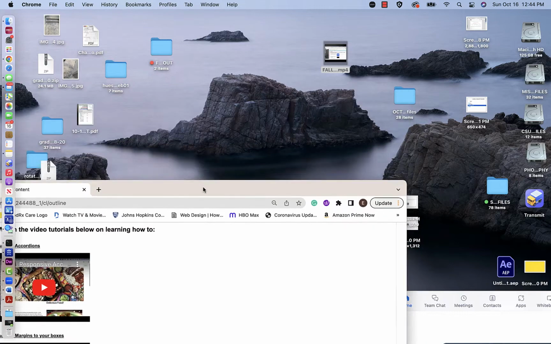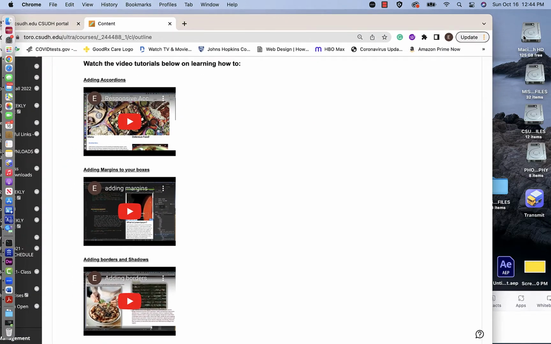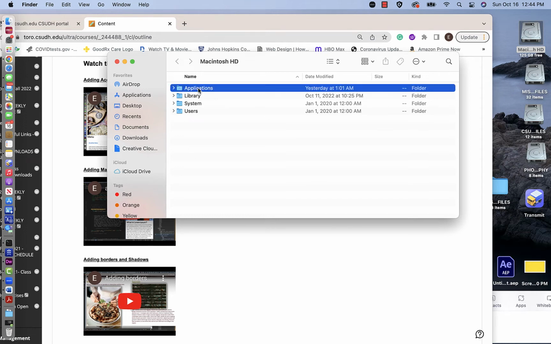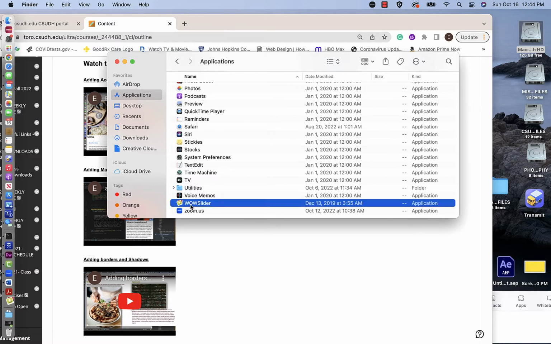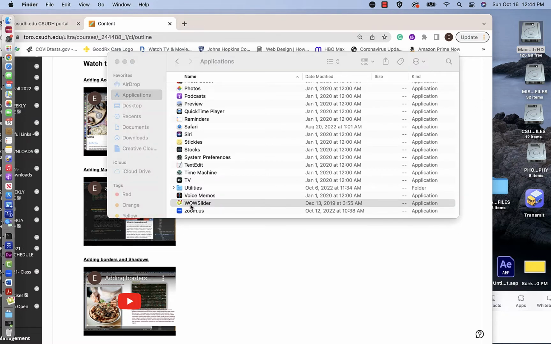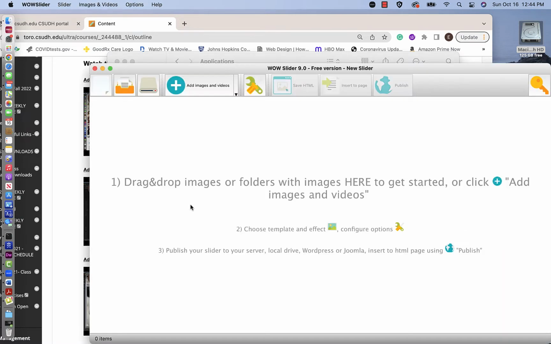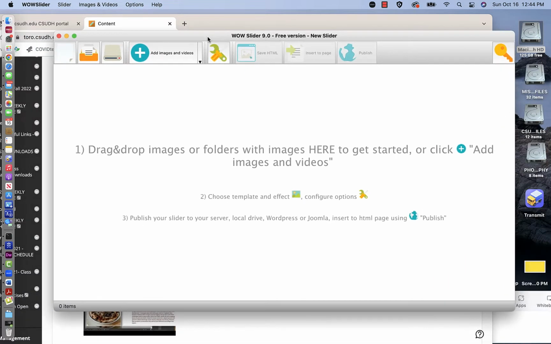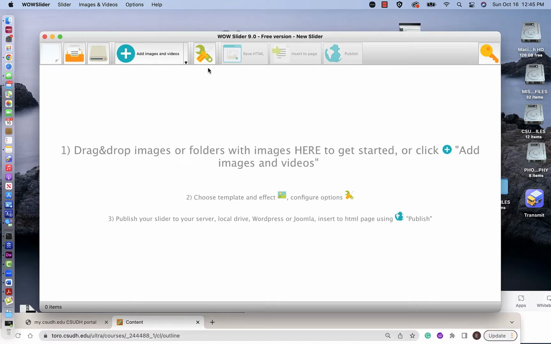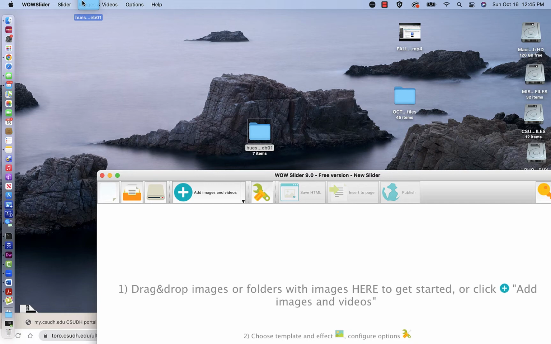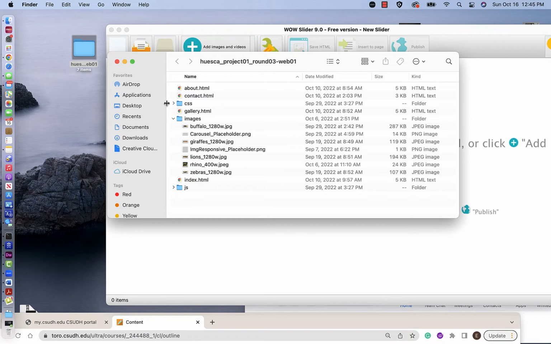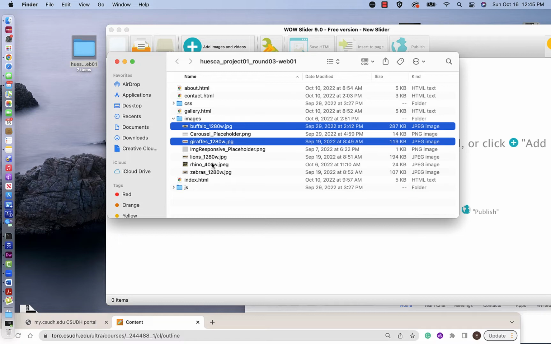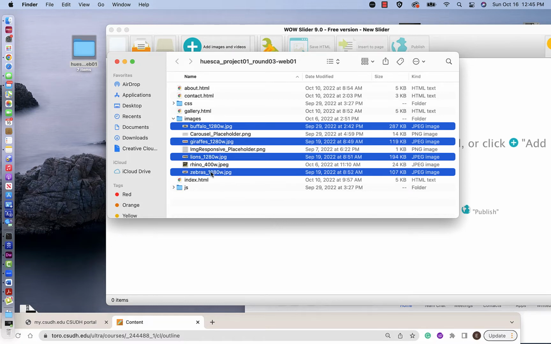And then you would want to double click it and install it on your computer, and then it'll show up in your app panel right here. So I'm going to go ahead and launch this. And here you would want to import your images, and I'm going to actually use one of your peers' images folder. So I'm going to go ahead and add these 1, 2, 3, 4 pictures,